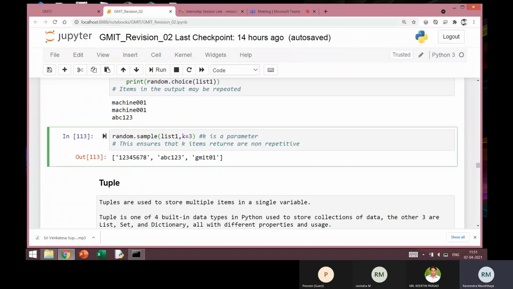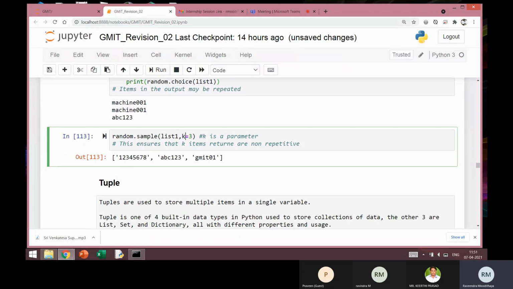Now here one thing that you should notice is I have to write this k equal to. I cannot write it as 3. If I write it as 3, it will be an error, because k uses a slightly different way in which the arguments are passed. I have to write it as k only. I cannot write it as something else, such as f equal to 3. I have to write it as k equal to 3.